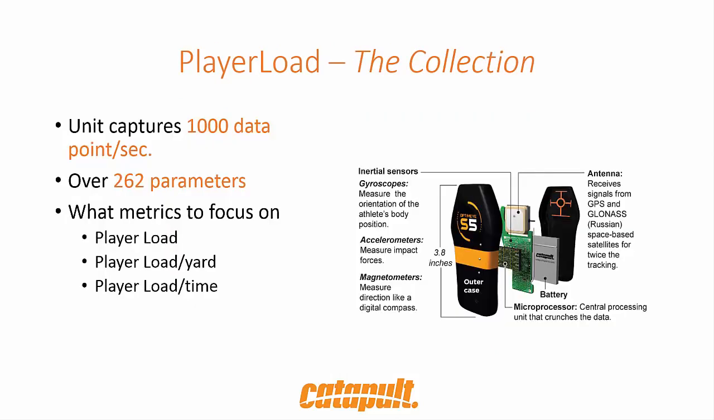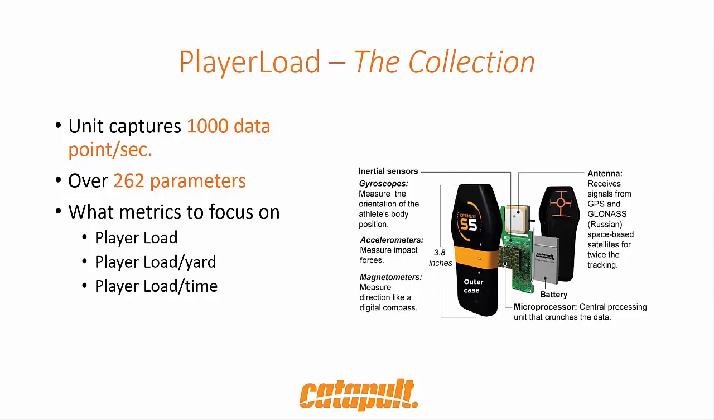So the collection is basically the hardware components of it. The unit itself collects 1,000 data points per second. So there's a lot of information that this unit has to process, so we have a very smart processor on board to do that. And then we're able to get our GPS through the GLONASS system as well as the American system. So we're getting 3 constellations essentially of very accurate satellite reception